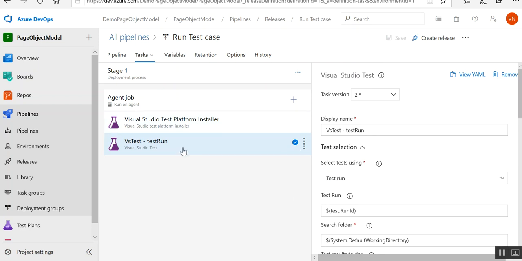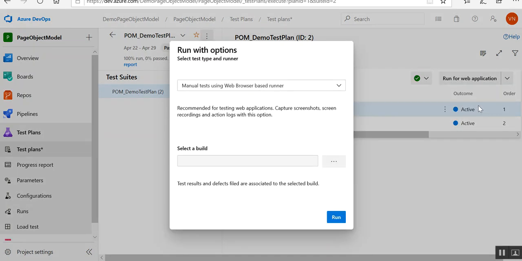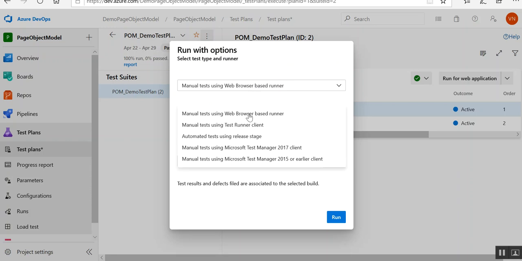Now what you have to do is go to the test plan again and click on the test case that you want to run. So I want to run this test case. Just click on the drop down, then select run with options. So you will get a drop down like this. Just select automation test using release stage.